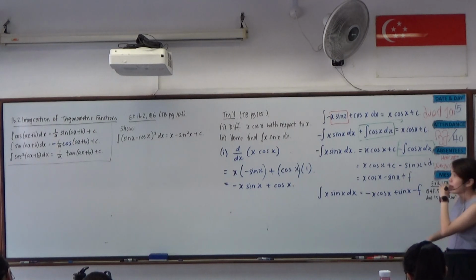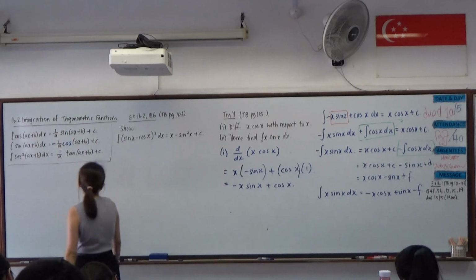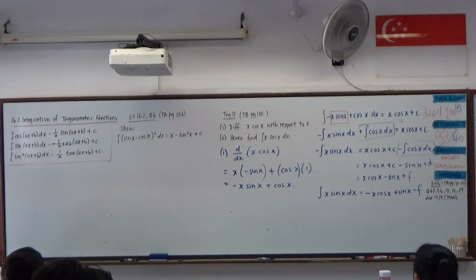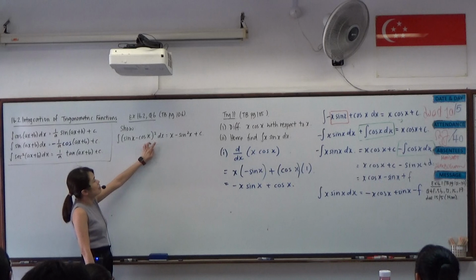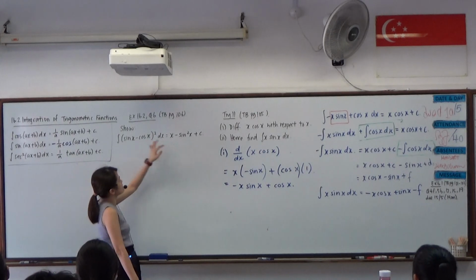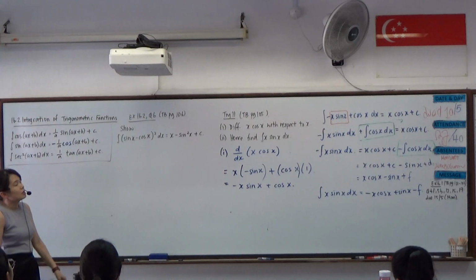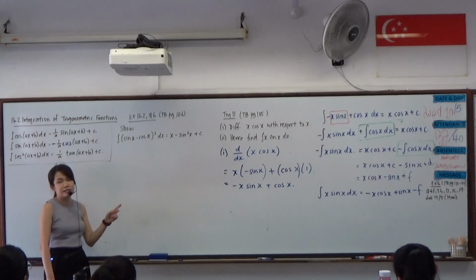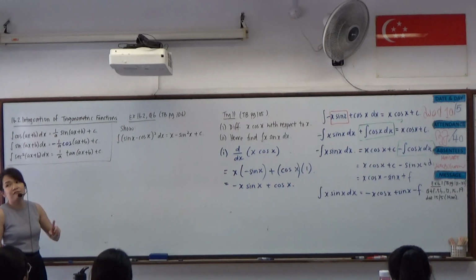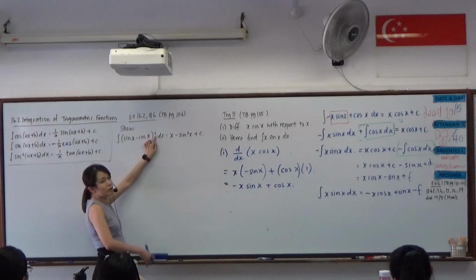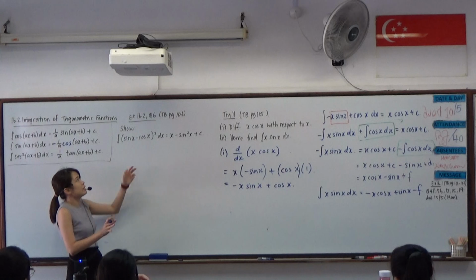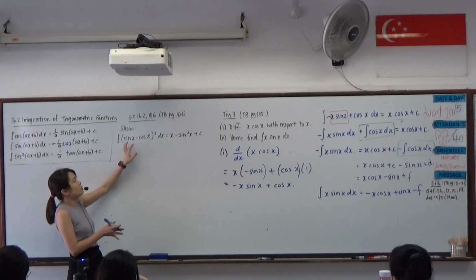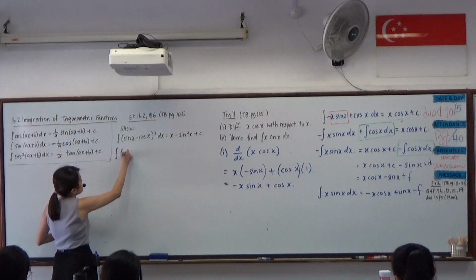Okay, let's take a look at exercise 16.2, question 6. We want to integrate (sin x − cos x)², and show that it equals x − sin²x + c. Like I mentioned earlier on, so long as the inside of the brackets is not in the form ax + b, you cannot do any form of power integration. That means you cannot take the power, add 1 and then divide. So whenever the inside is not linear, we need to expand it. Starting from the left hand side,